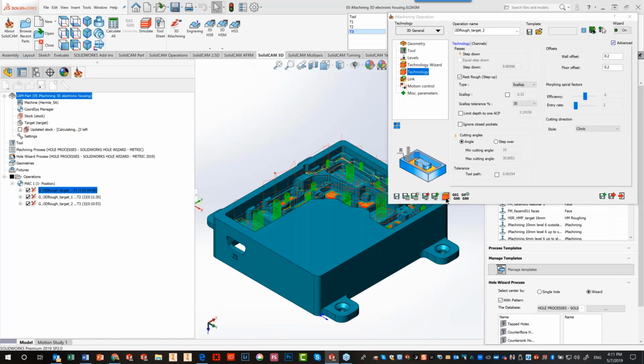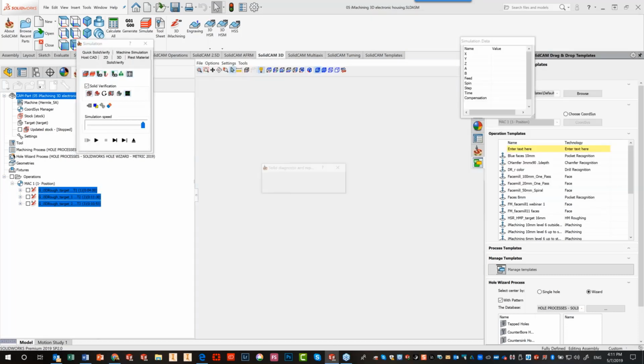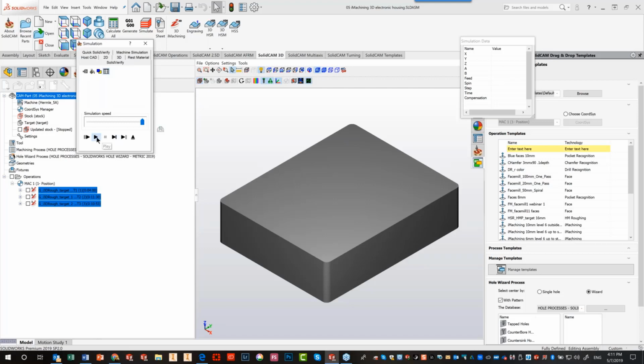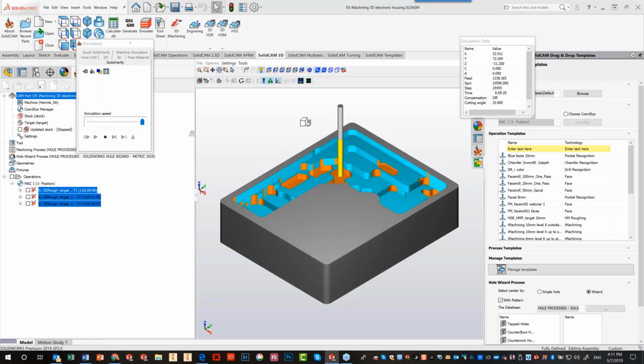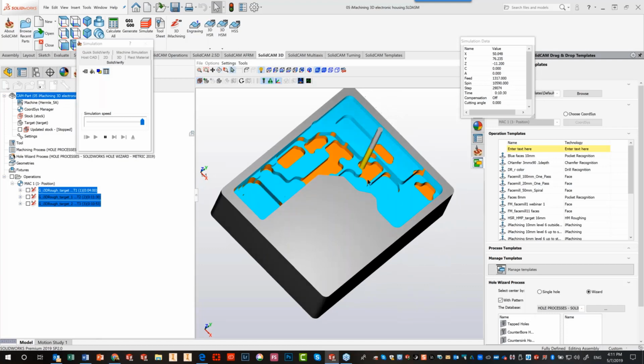Run my simulation, as I said, solid verify, and we have our first end mill, the 6mm end mill, doing as much as it possibly can. Now my second end mill, the 3mm end mill, continuing where the 6mm end mill left off. And as you can see, it's going into these areas where the 6mm end mill could not go. And when this finishes, which will be in just a moment,